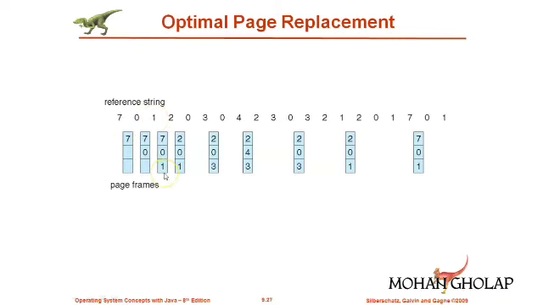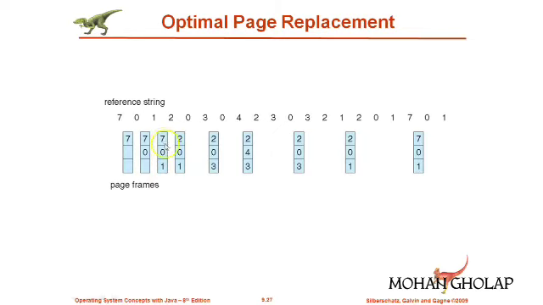After this we have to go for page replacement because all the 3 frames are occupied. The next page request comes for 2, and now you have to decide which page among 7, 0 and 1 is to be replaced. In optimal page replacement you have to check the future reference string, and check which page is not going to be used in the near future. After this we have 7 0 1, so out of these 3, which is not going to be used in the near future?